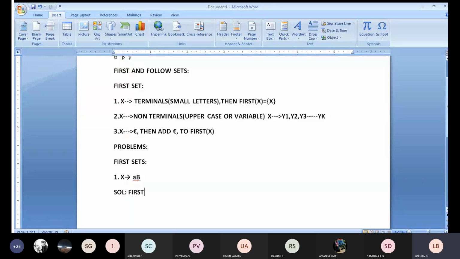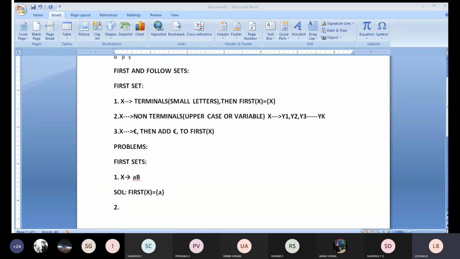For this particular case, first of x, directly you will be getting what? Small a and b. Small letter indicates your terminal part. Capital letter indicates your non-terminal part. If you get the terminal part at the start, you write it as it is. So first of x is equal to a. If you get a capital letter, we will solve that in the next problem. Second one, I'll solve this one so you will understand. Don't write; you can write the first two problems together.